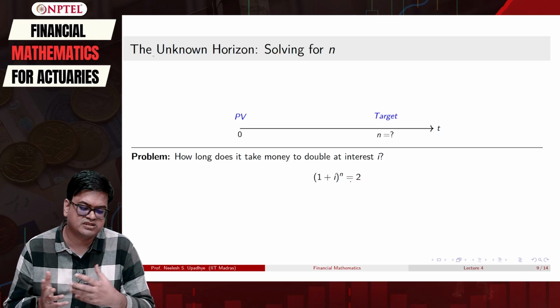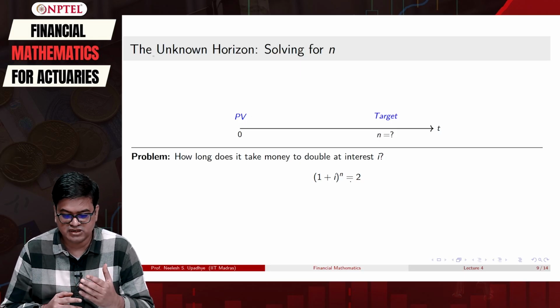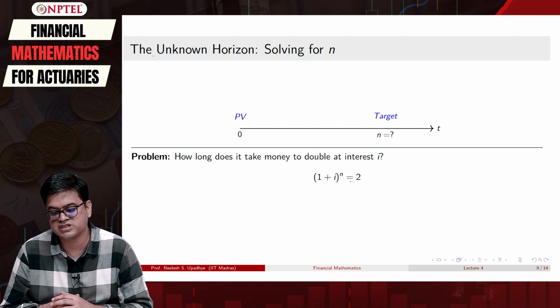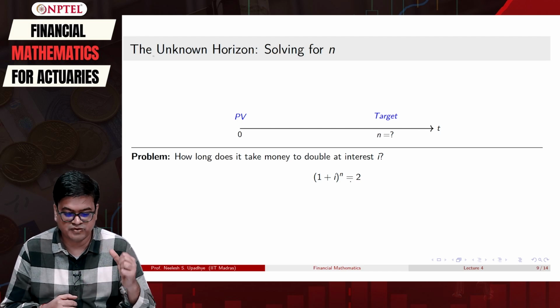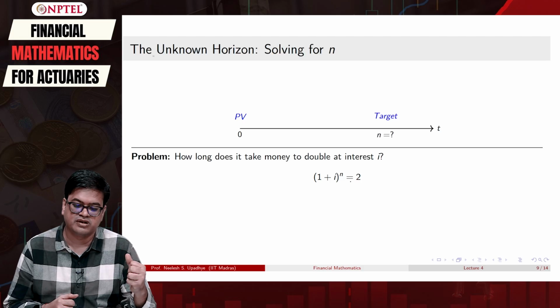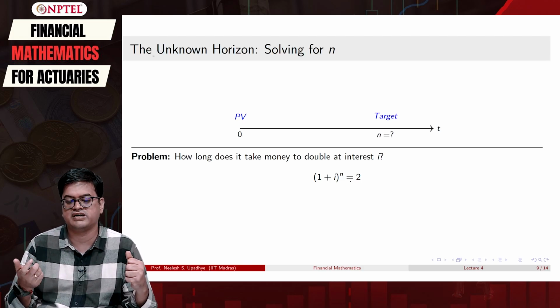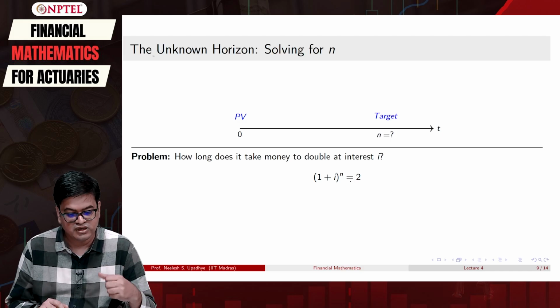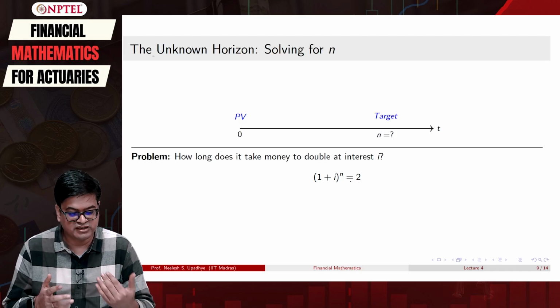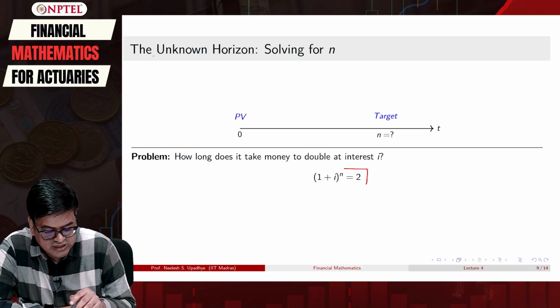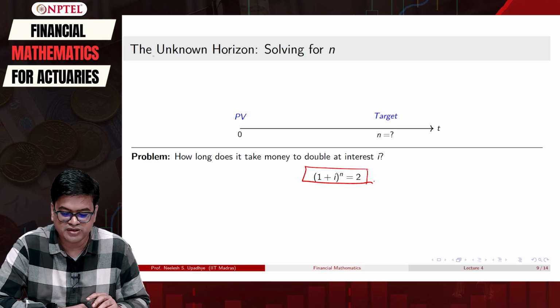This question can be seen in a mathematical form, which is posed on this slide. I have some amount, and if I want to double this amount, how long will it take for the interest rate I? That can be easily written in mathematical form as 1 plus I raised to n is equal to 2,